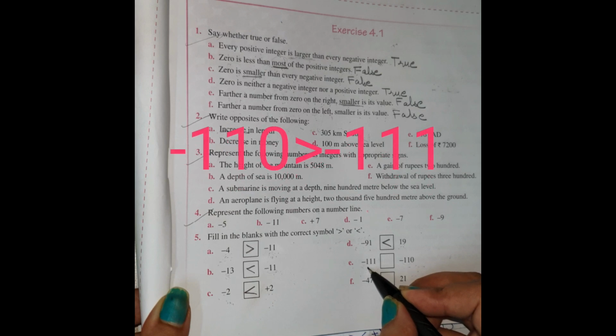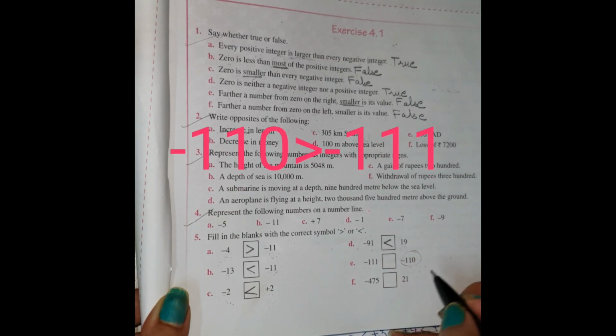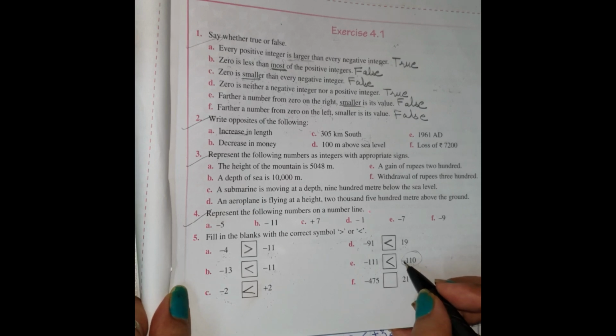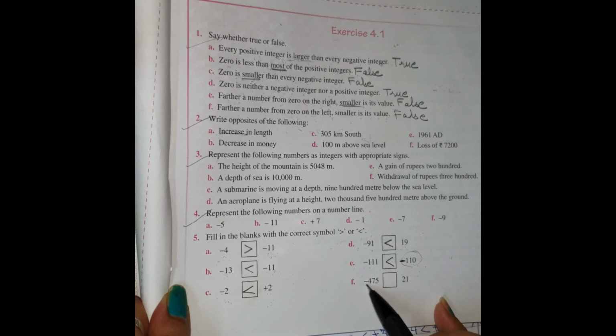Then in E part, both the numbers are with a negative sign, -111 and -110. So again, when both sides are with a minus sign, then you have to move towards the smaller number, the one which looks smaller to you, because that only will be the greater. So 110 and 111. Which one will be greater? Obviously -110 will be greater than -111. So you have to put the greater than sign towards -110. Why is this side greater? Because it is with the minus sign.